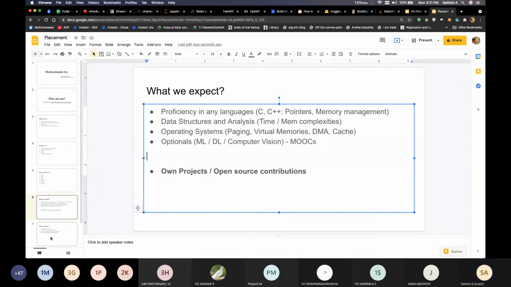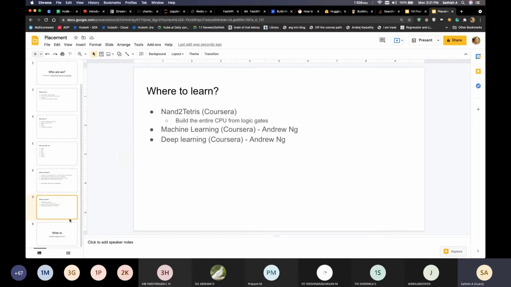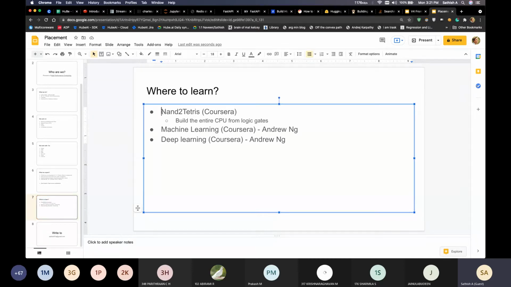So the next is where to learn all these. There is a course called Nand to Tetris. This is something I came across two months back, and I wish this course was there earlier. But this course is like 6 to 7 years old. It is still the best course available on Coursera, and only very limited people knew about this and did this course completely. And this is a 14 weeks course,